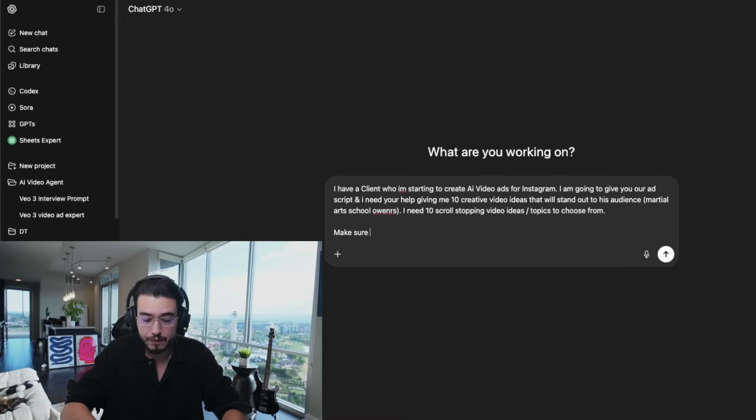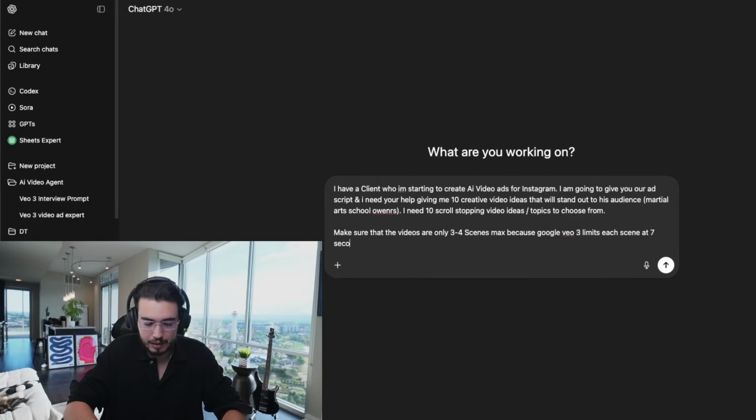Make sure that the videos are only 3 to 4 scenes max, because Google VO3 limits each scene at 7 seconds. I really think it's 8 seconds, but we'll just say 7. So just make sure the dialogue all fits in this window.